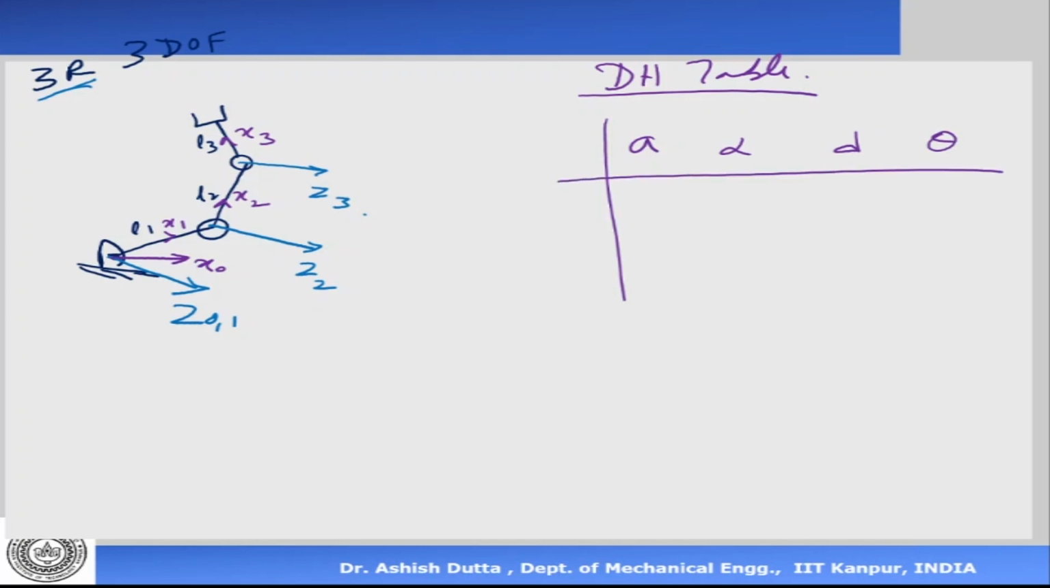Okay. Now how many joints are there? This is my first joint, second joint, third joint. So this basically gives me the relationship between frame 0 and 1, 1 and 2, 2 and 3. Okay. So this is my frame